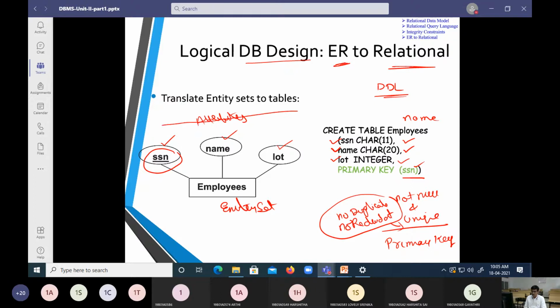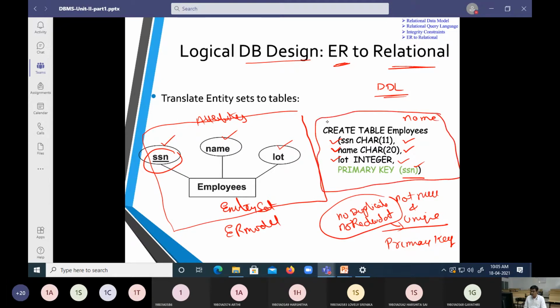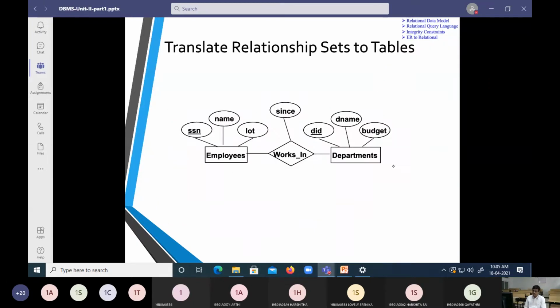Now you can see this entire entity as the ER model, and writing this element out we are going to call it a relational schema. So now we have a schema. With this schema we are able to create this content.